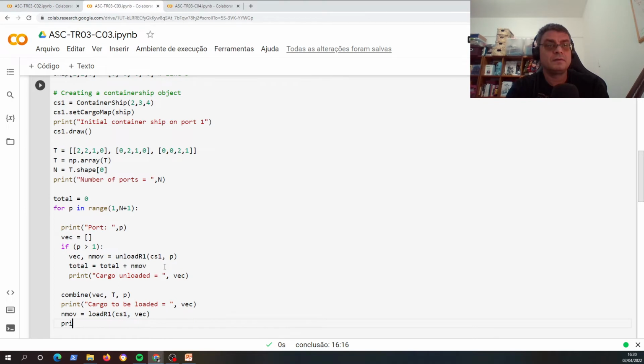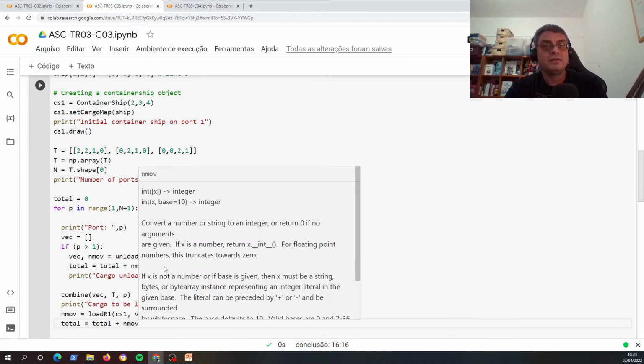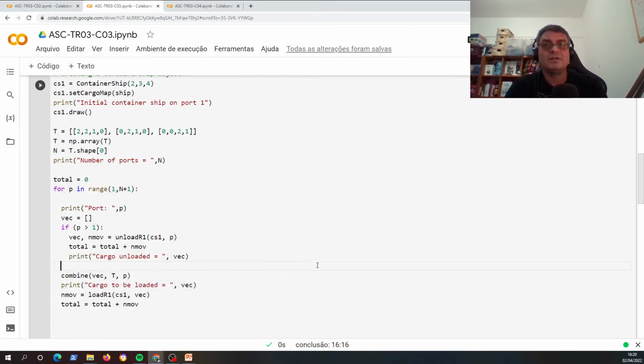And total will be total plus number of movements. Okay, so finally, after doing this, we can have the total number, and finally after this,